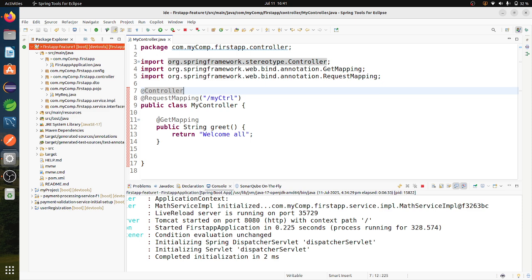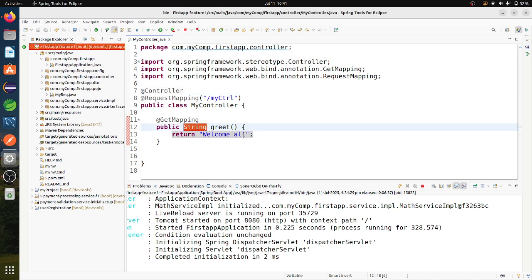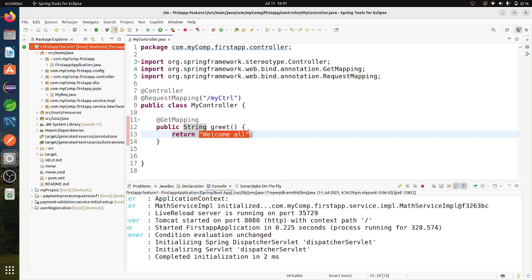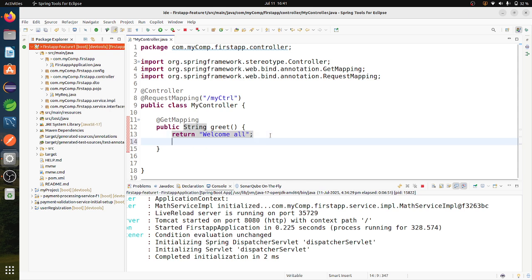So whatever I am returning, even if I say it is a string, it is not considered as a string value. With the @Controller annotation, it will consider this as a view page and search for this value. So here I am saying welcome all.